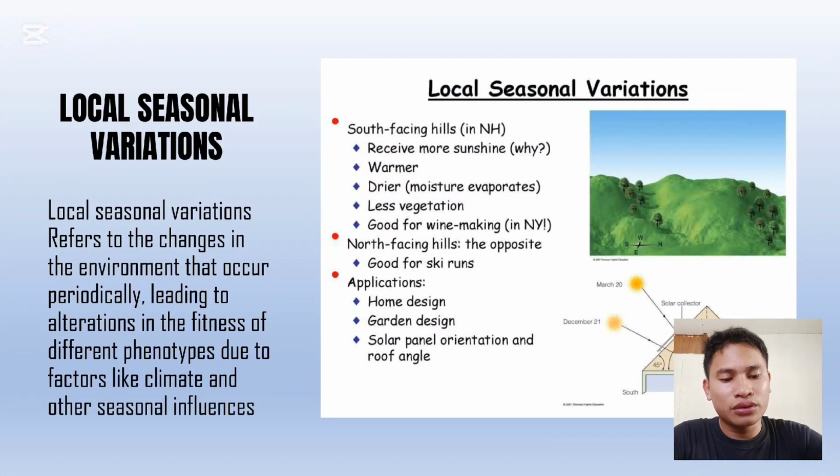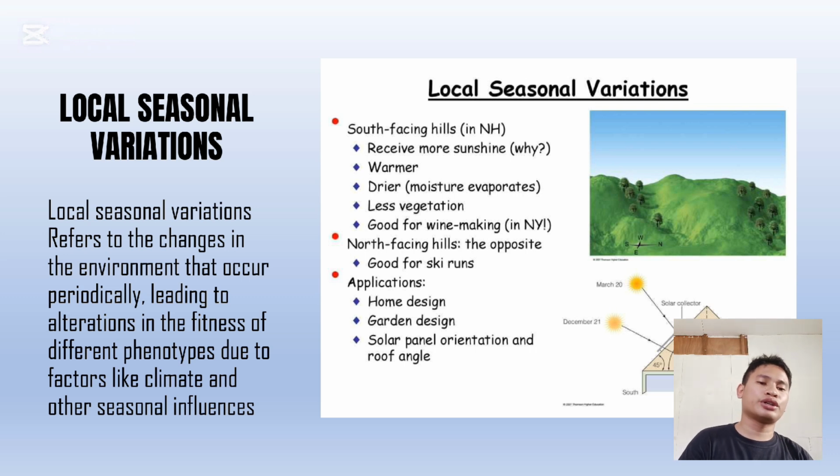Next is the local seasonal variation. So the local seasonal variation refers to the change in weather pattern and environmental condition that occurs within a specific region due to the Earth's tilt and its orbit around the sun. This variation influences the growth cycle of plants and animals, creating distinct seasons within the particular area. So a local variation is yon pagka-outro, no? Refer siya sa pagka-outro ng mga panahon o environmental condition.